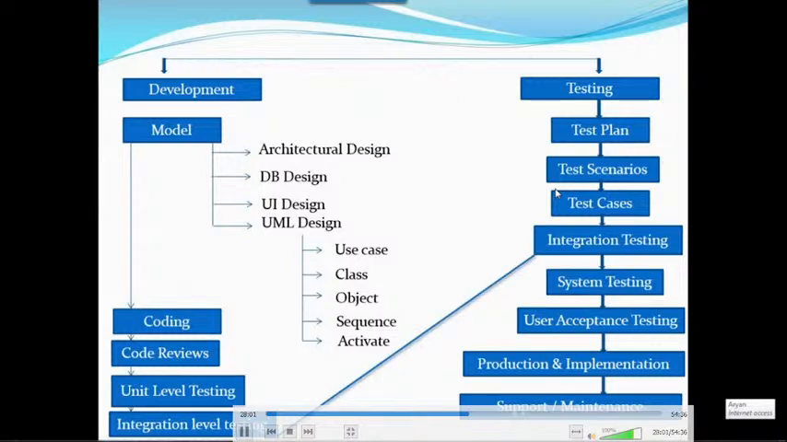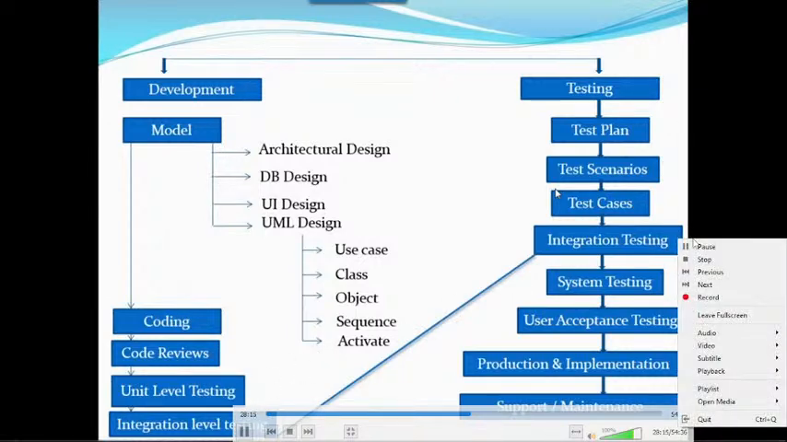Now I ask you, verify the login screen. In the login screen, what do I need to test? So login is one scenario, reset is one scenario, username and password is one scenario. You need to verify each and every scenario. Once you're done with that, then you need